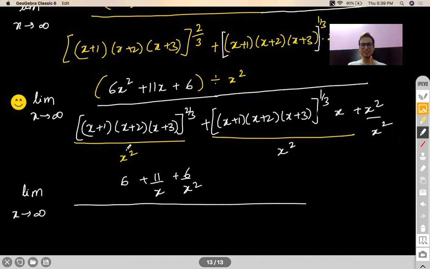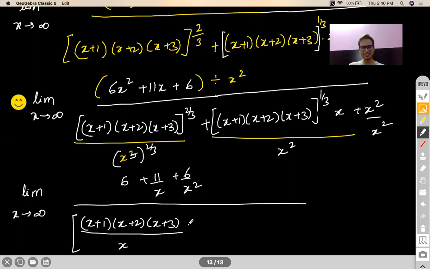Now remember, especially Shraddha, when x square enters x to the power 2 by 3, it will enter as x to the power 3. Okay, if you want, you can write 2 as this into 2 by 3. So it will enter as x to the power 3. So if it enters as x to the power 3, it will appear like this. So x to the power 3, you can write it as this. Similarly, 1x and 1x will get cancelled off.